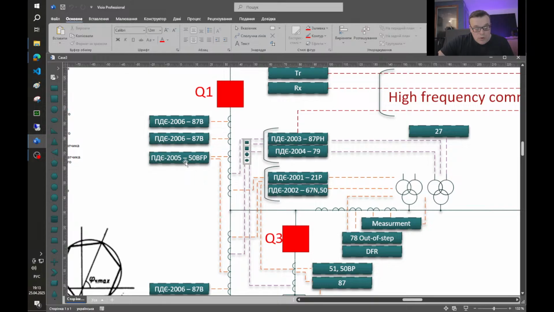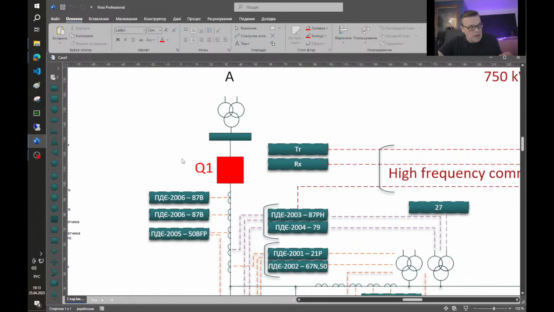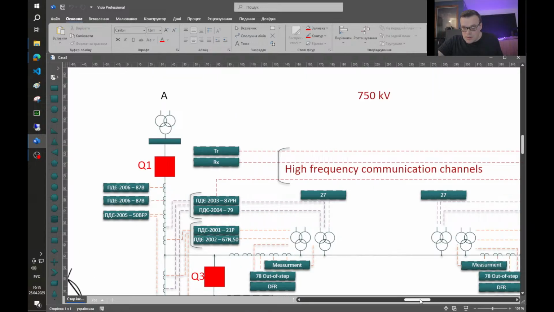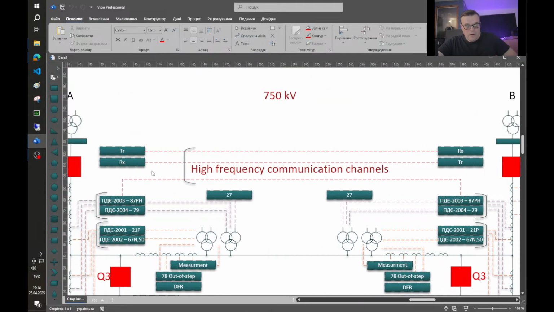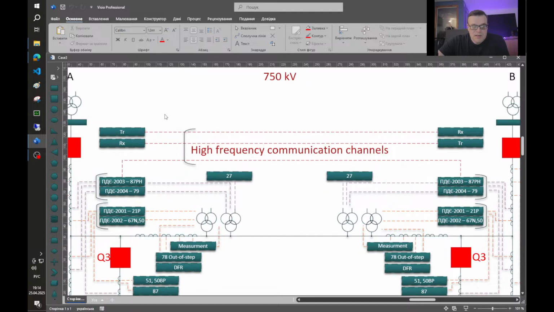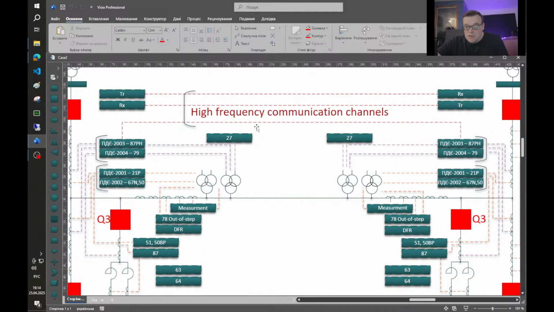2004 is used for breaker failure protection, and 2006 is busbar protection. So usually a line is equipped with various high-frequency communication channels. The main protection uses one, and there are also transmitters and receivers that can transmit around 16 signals. We usually call these signals commands, and in this particular case